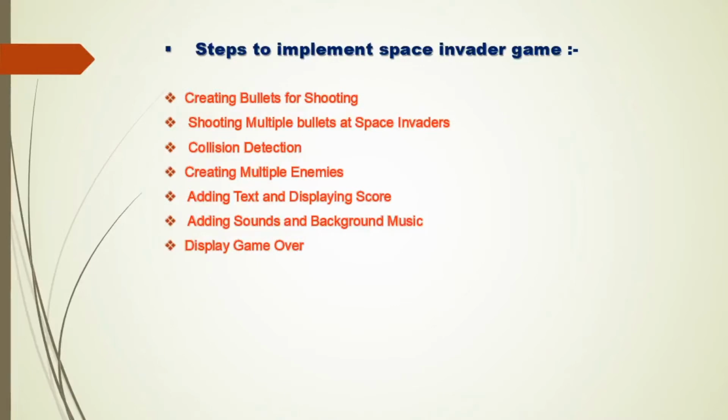The next step is collision detection. We wanted to hit the enemy, so the bullet has to collide with the enemy. So how do we do the collision? For this we calculate the distance between bullet and enemy. If the distance is short enough, then we can say that it has collided. We created an isCollision function. It helps us to define whether a collision between bullet and enemy has occurred or not.